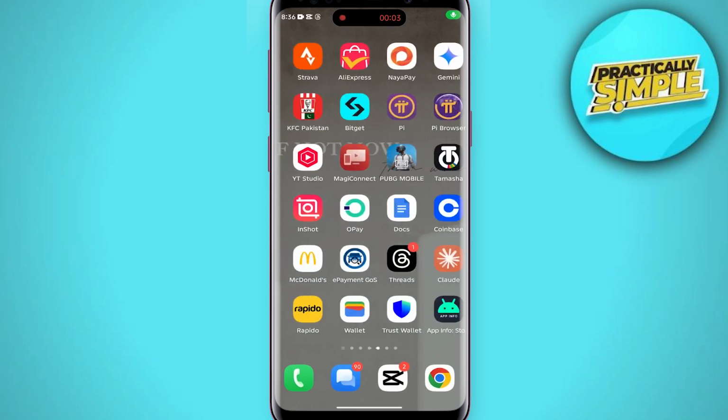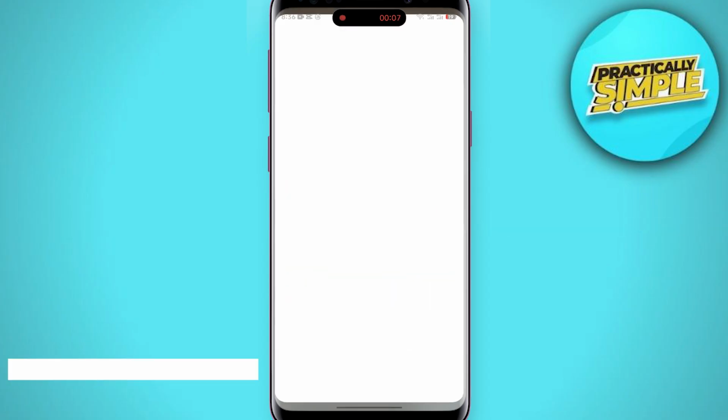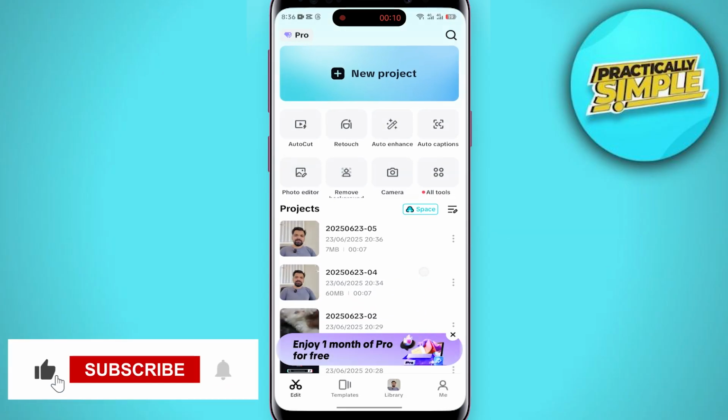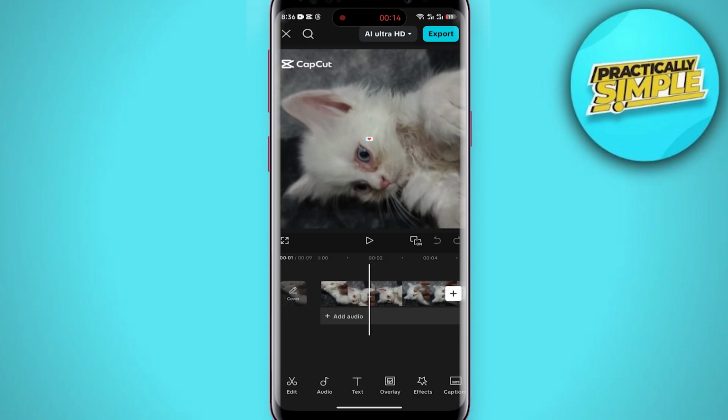In today's video, I'm going to show you how to speed up video in CapCut. First of all, open the CapCut application and here is our video. Open it up. Now to speed up this video, you have to select the video and you have to select